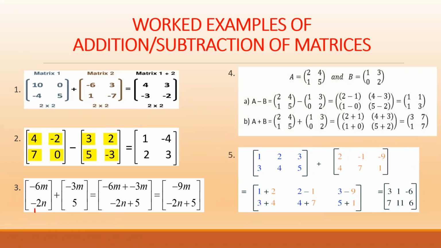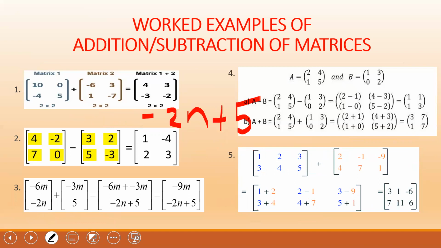So it's -2n plus 5. Now, guys, -2n plus 5. Can this be simplified any further? No, because -2n and 5 are unlike terms. This is -2n and this is 5. If this had an n on it, if this was 5n, we could go ahead and perform an operation and simplify it. But guys, this can't go any further